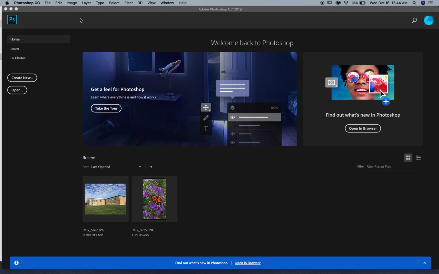HSL stands for Hue, Saturation, and Luminosity. Now, what it's doing here for me is it's just going to adjust the brightness or the luminosity of different colors. So remember how I told you, or you saw that the sky was blue? Watch what happens if I move the blue slider to the left. The sky is getting darker. All the blues are getting darker, but not the oranges that made up the brick